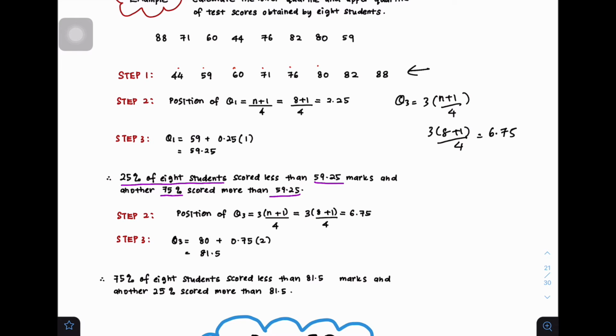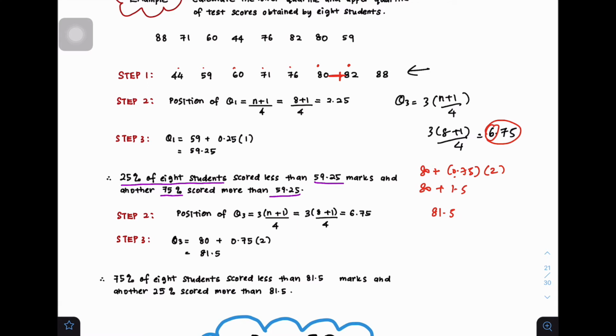So, data ke-6.75 mestilah berada di antara data ke-6 dan data ke-7. So, kat mana data tu? Dekat sini. 0.75 di antara jarak ni. So data ke-6 kita adalah 80 tambah dengan 0.75 darab dengan perbezaan jarak tengah-tengah ni, 80 ke 82, 2. So dia adalah 80 tambah dengan 0.75 darab dengan 2 adalah 1.5. So 80 tambah 1.5 adalah